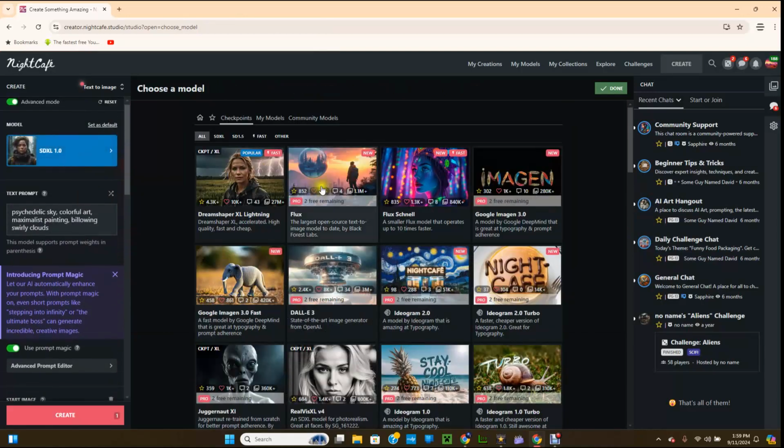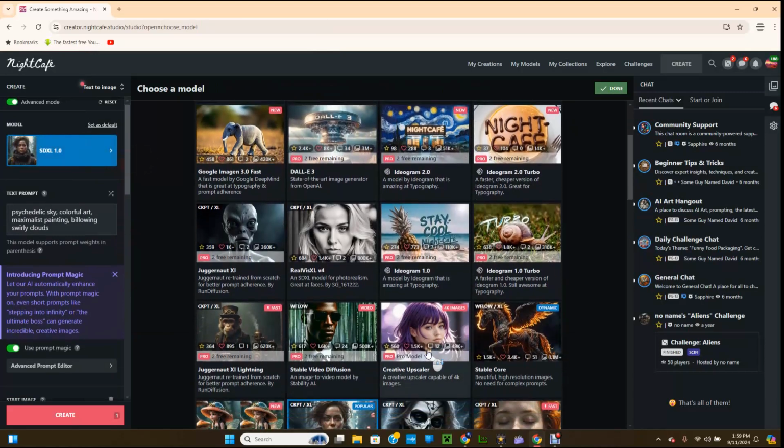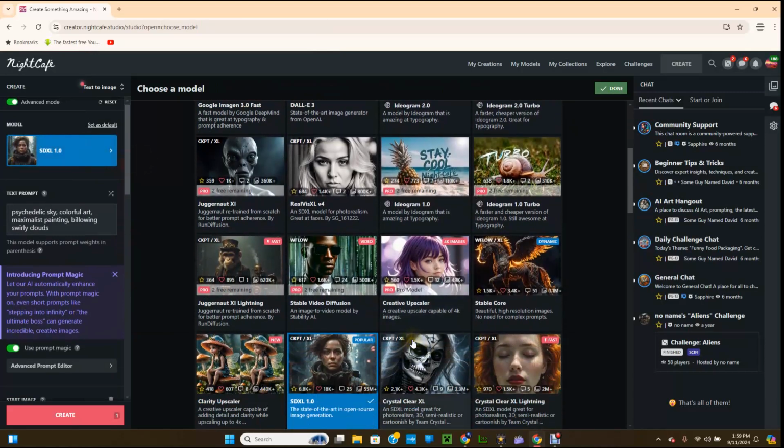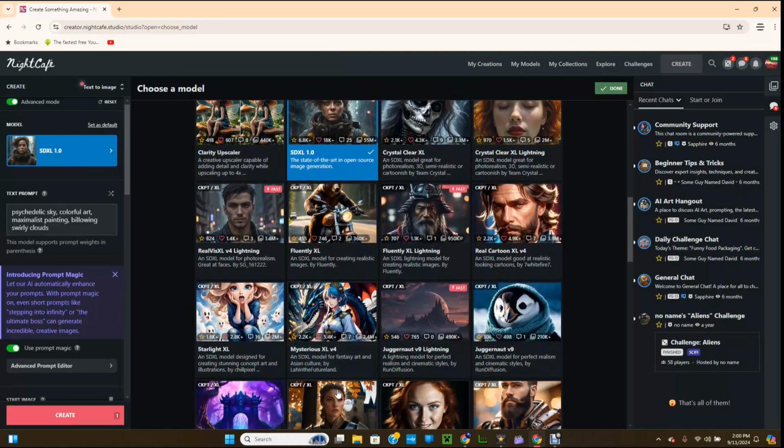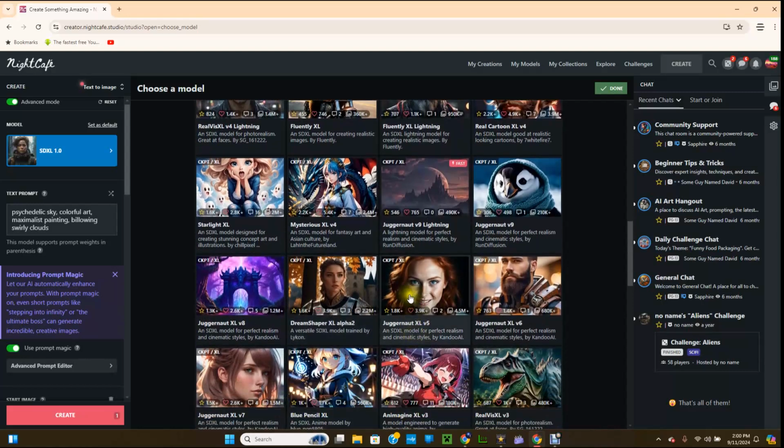Let's choose another one here. There's just so many different models to choose from. Let's choose this one right here, Juggernaut XL V5, and see what we get. Let's create.